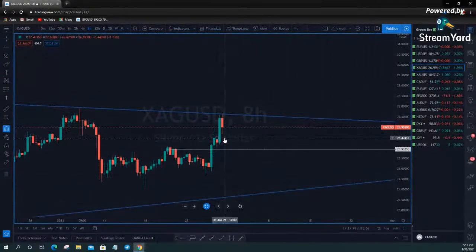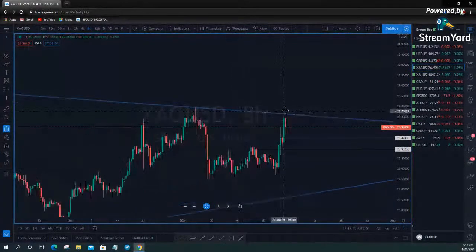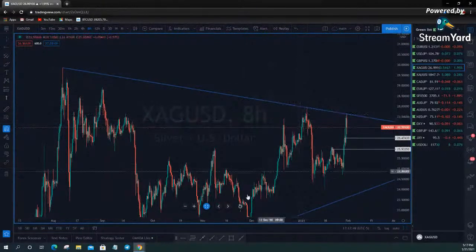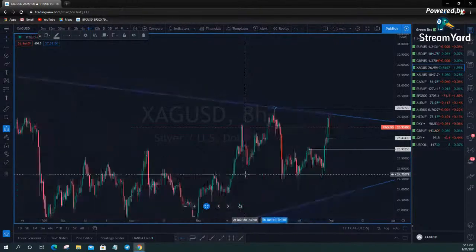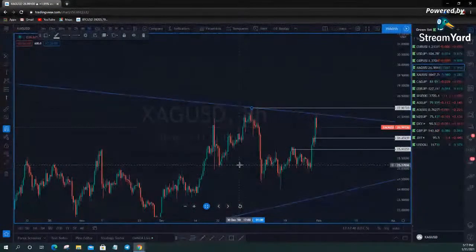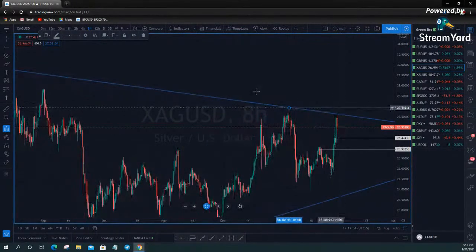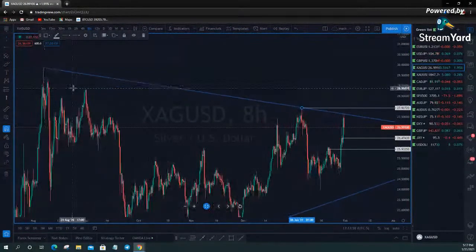All right, the first area I would look for a support hold is going to be 26.47430, this line right here. And then ultimately this last swing high that it made before it broke out. Now this, if it breaks out of here, it's going to have a nice run. Your first target is obviously going to be this wick high here at 27.92720. So basically, if you pull back down into this level here and you hold a support, you can target that area for your first scale out. And then ultimately this high up here would be your next longer range, longer term target on silver.